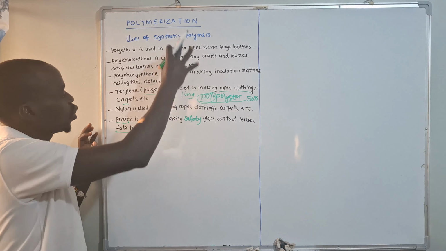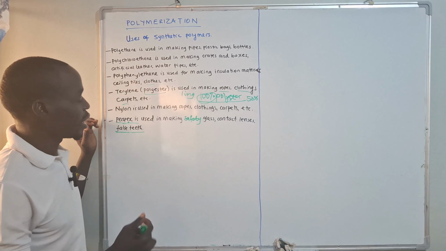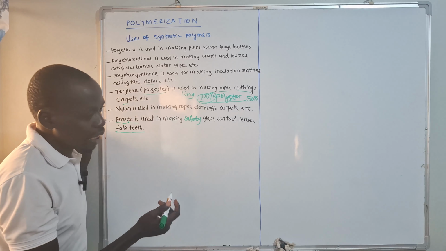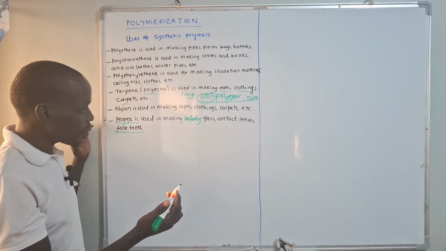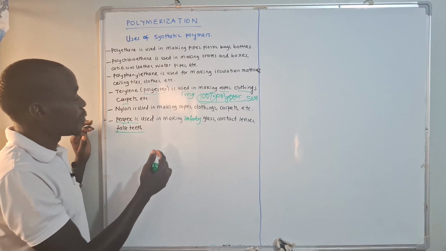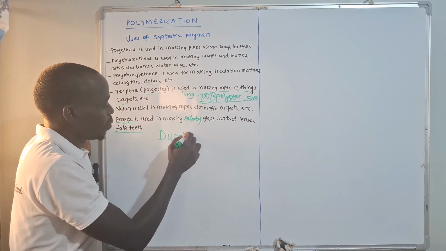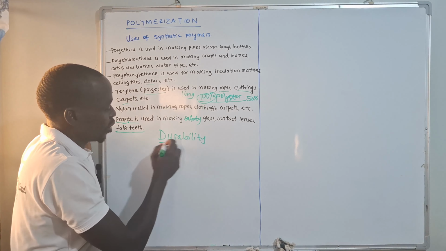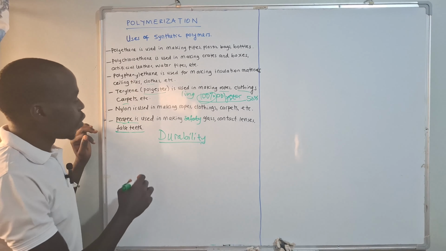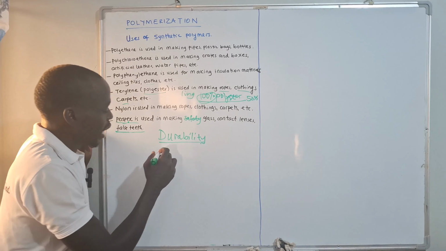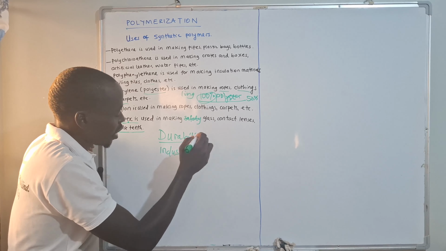Now, what you need to know is that for them to behave like this, they have different properties, and your task is to go and check their properties one by one. One of the most important properties is durability. So these materials are long lasting, but also go and check what we call the industrial name